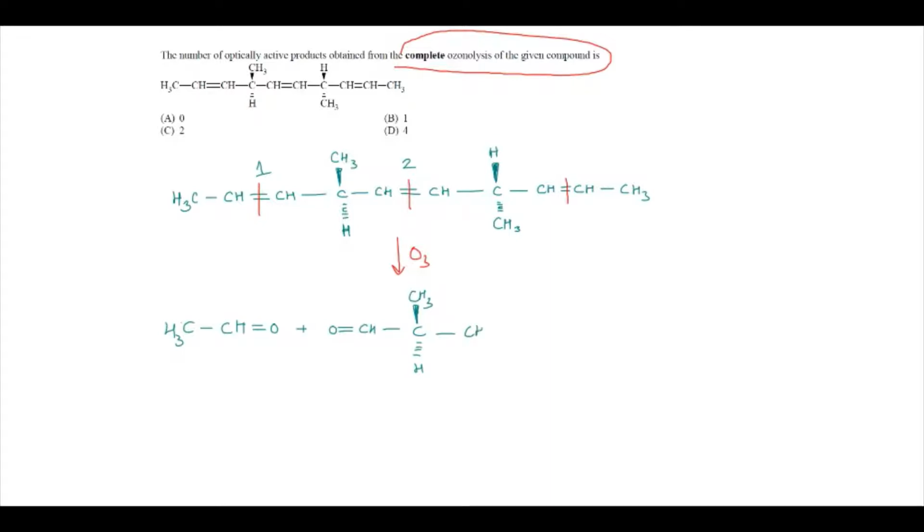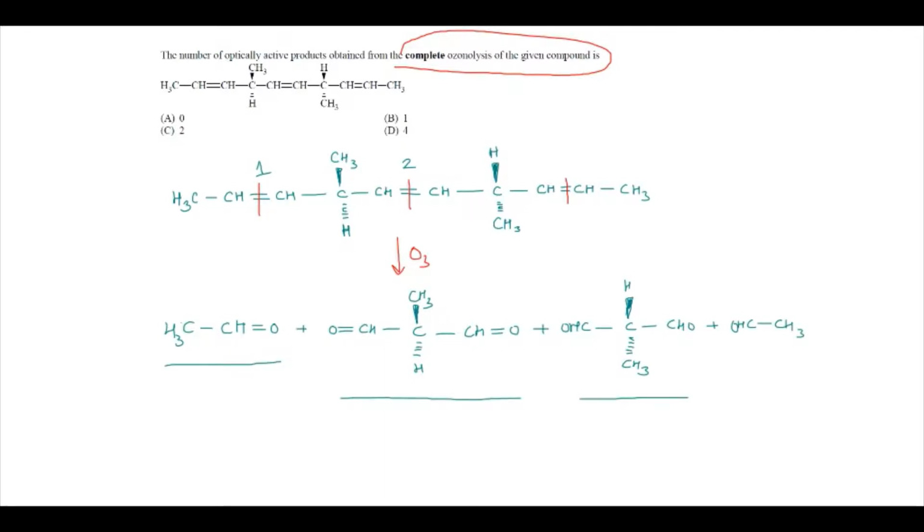So, we will get another carbonyl here, double bond O. Then again at this end another carbonyl group, C, H, CH3, single bond CHO plus again another carbonyl, so CH3. Now, if you check, all these compounds are symmetric,